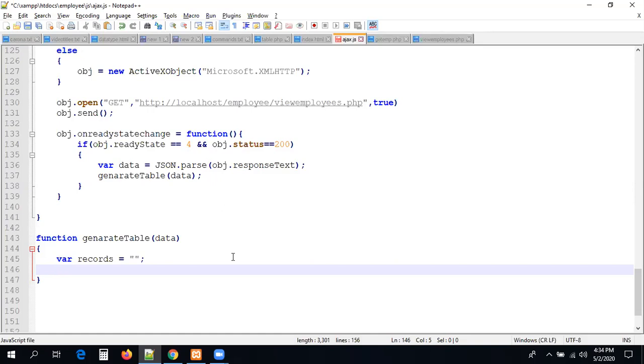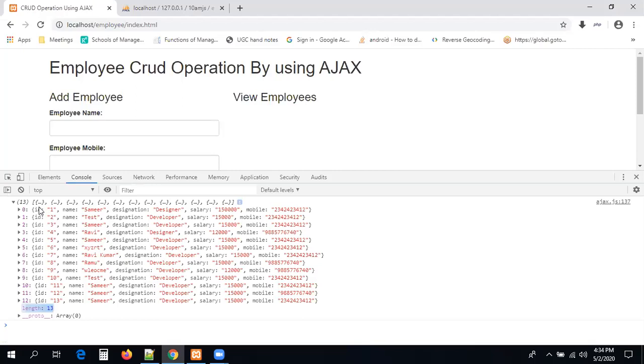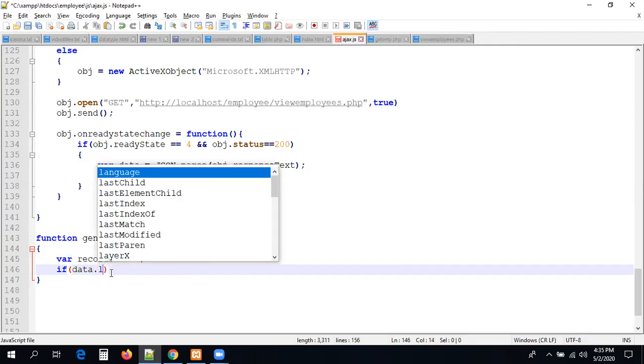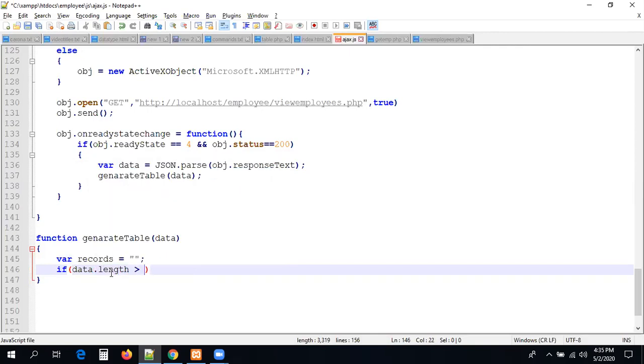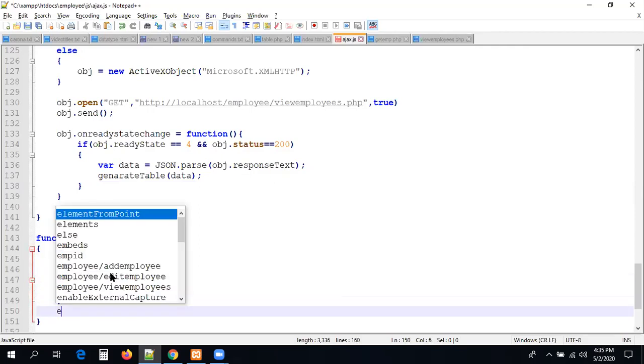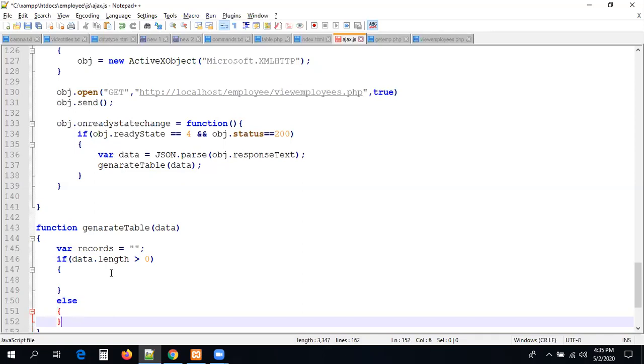Here, first of all, I want to get only headings. So where are the headings, guys? Headings are in every record, like ID, name, and all. Let me get only the first record, and let me have the headings here. Always when we are iterating, we need to check whether this is having data or not. That's a better thing. So I'm writing one condition here: data.length is greater than 0. I mean, if at least one record is there, it will be true. Otherwise, it is going to be false. And in the else, I want to display a small message, sorry, no records found.